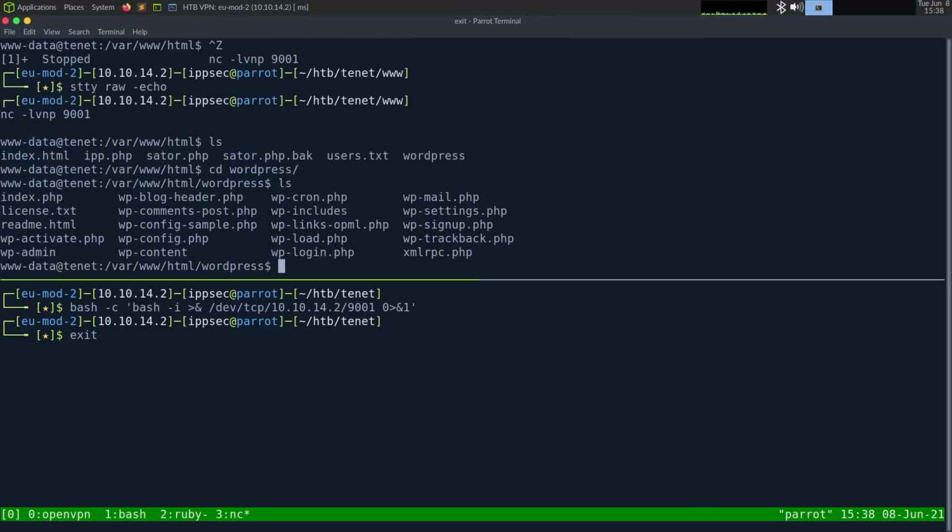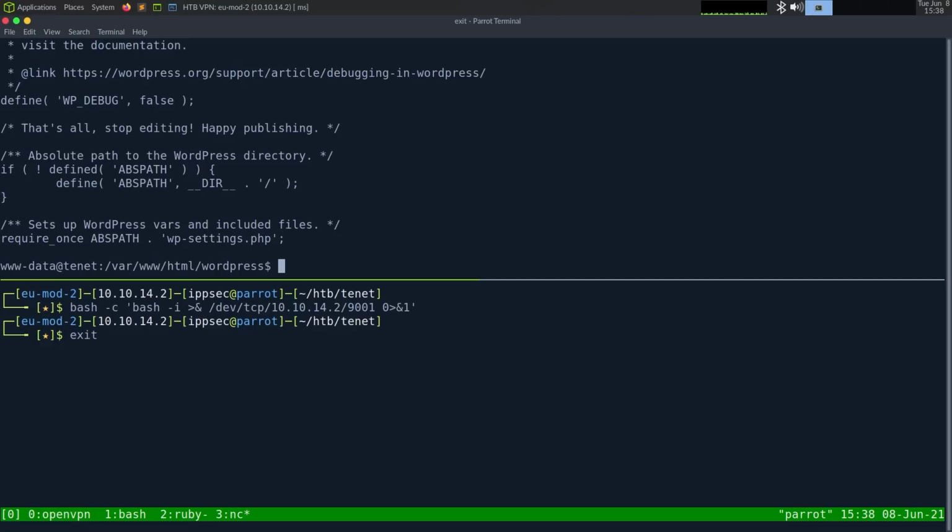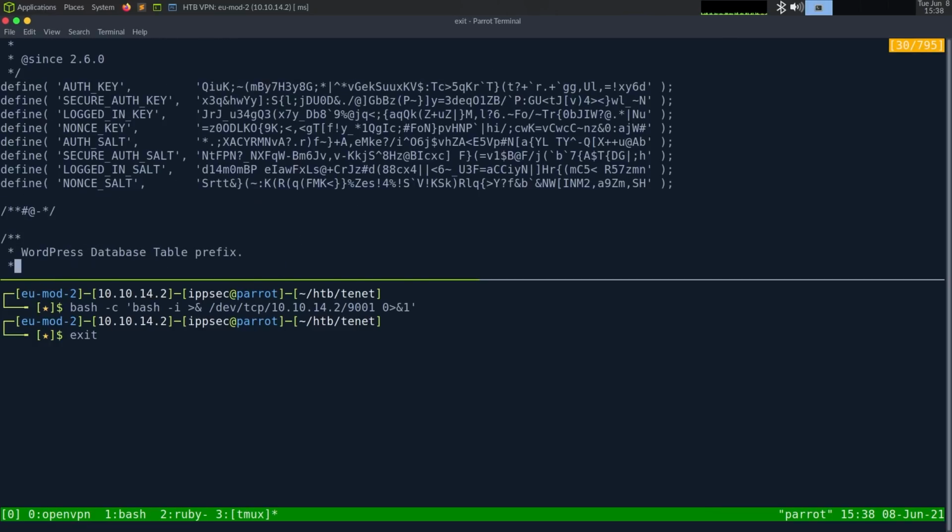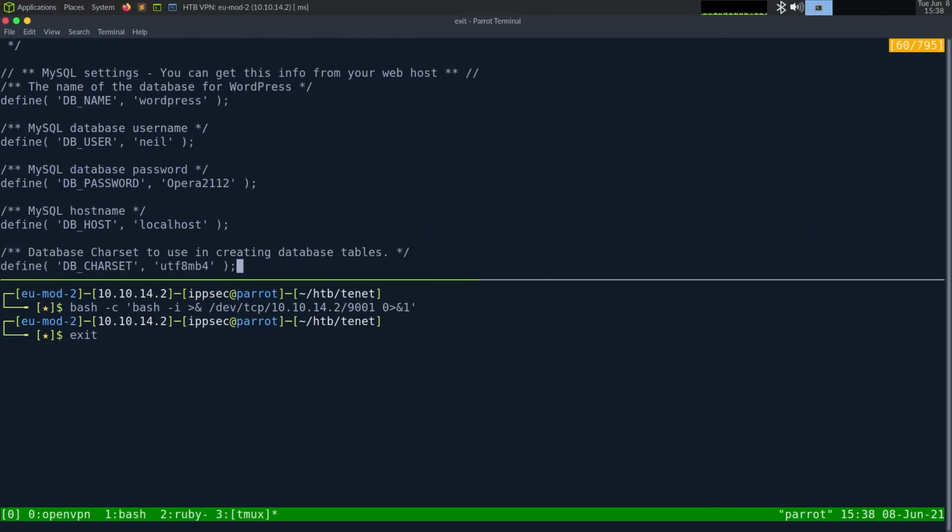So the very first thing I like doing is going into the web configuration and pulling the database password. So wp-config.php. And we could, let's see, where is it? So name is WordPress, user is Neil, and password is